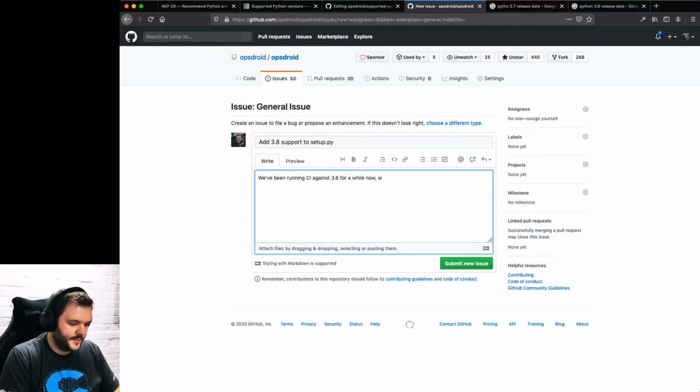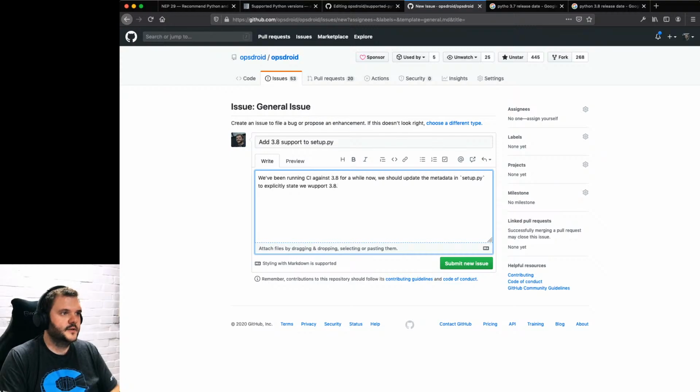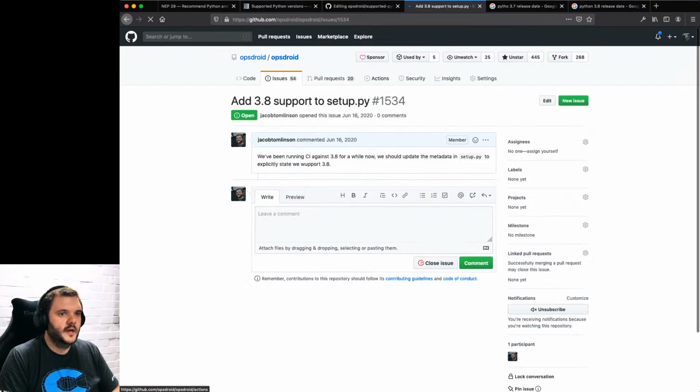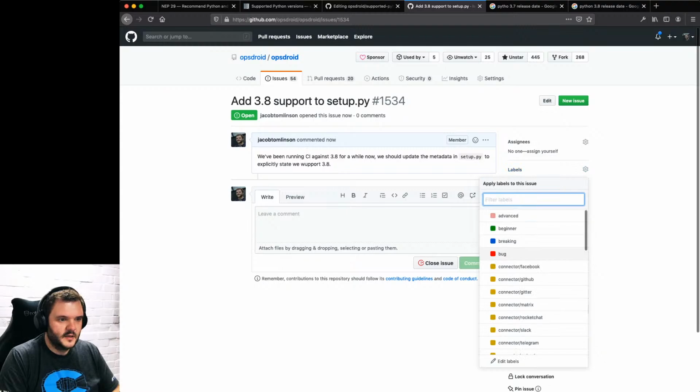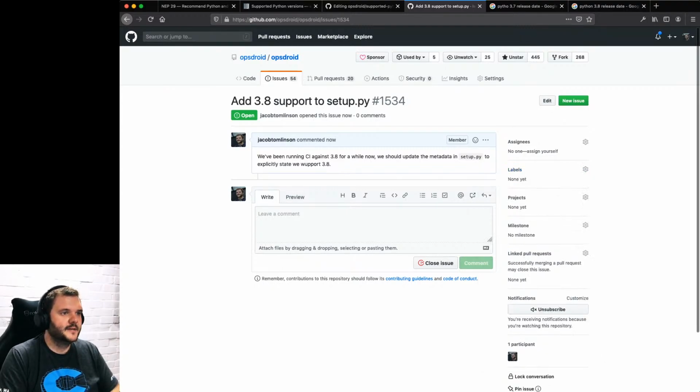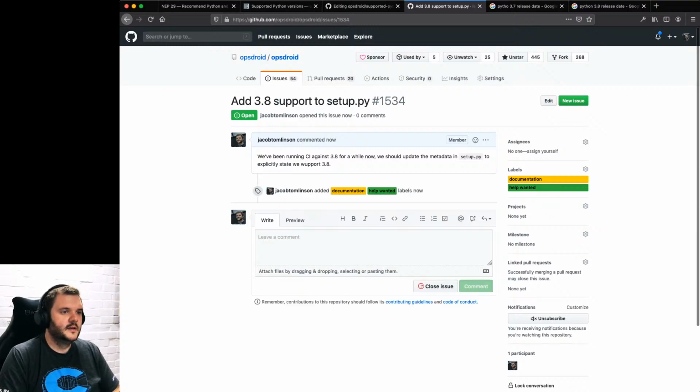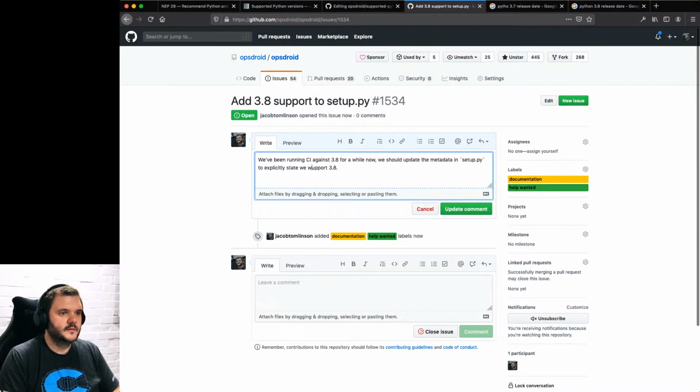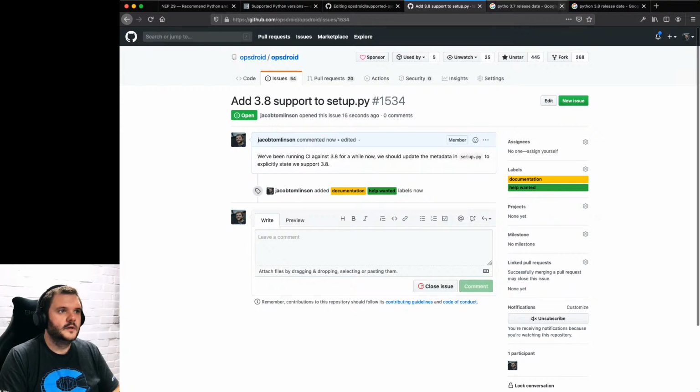We should update the metadata in setup.py to explicitly state we support 3.8. Actually, I'm just going to triage that as a documentation thing. I kind of want some help with that. It'd be nice if somebody comes in and puts in a pull request just to add that. It should be quite an easy one to work out.